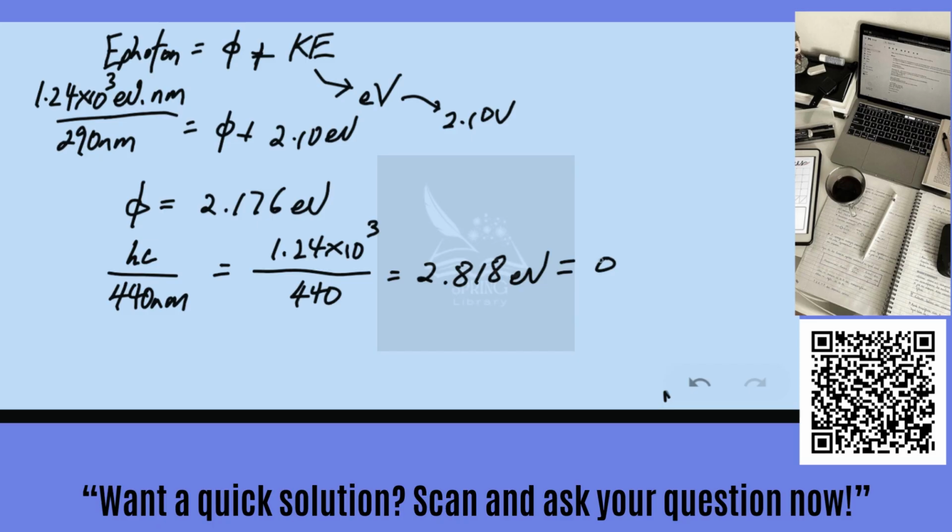We equate this to the work function plus the remaining kinetic energy in the electron. So since we know the work function is 2.176, for the kinetic energy, just take this value minus 2.176, which gives 0.64